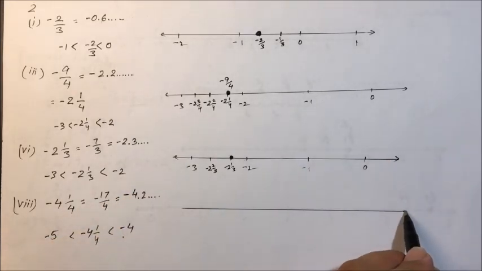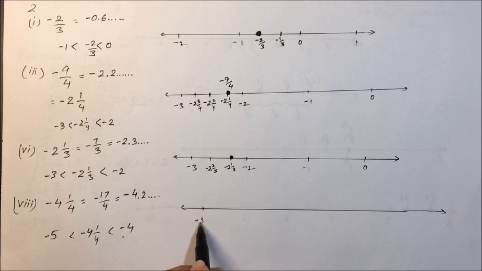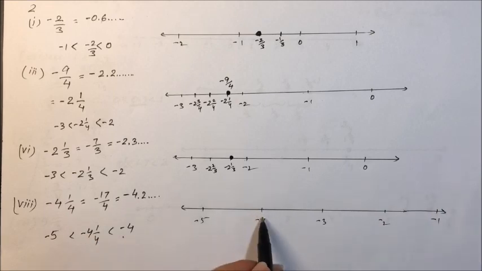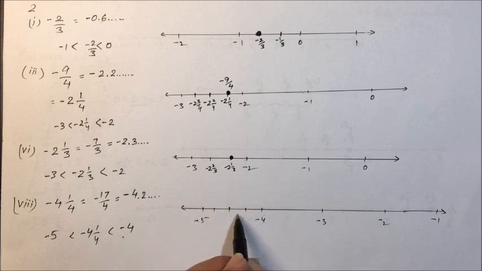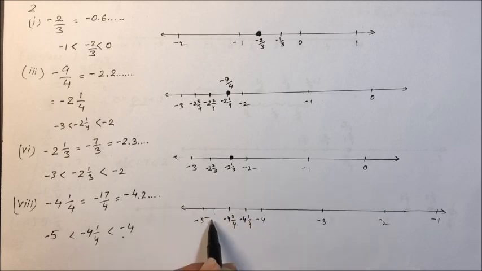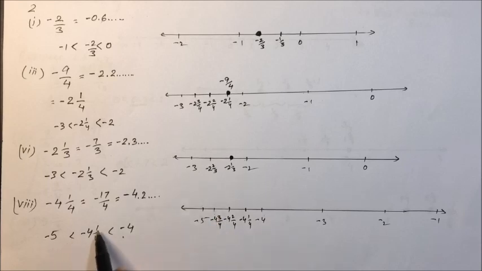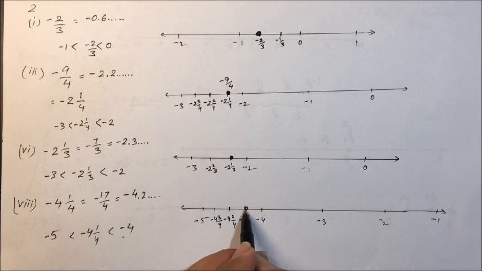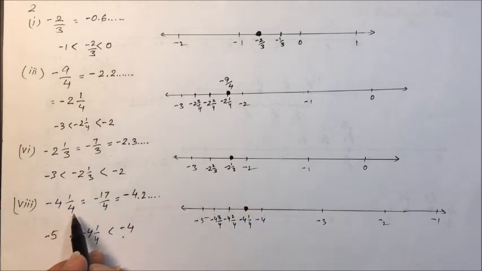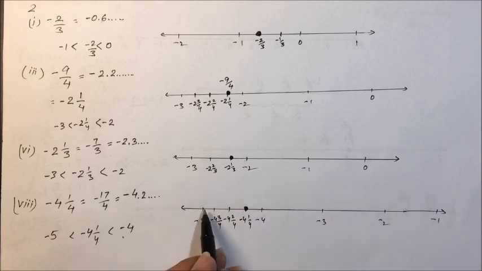Draw the number line. So minus 5, minus 4, minus 3, minus 2, minus 1. Between minus 4 and minus 5 we have to divide it into 4 equal parts. Half we have done. Now 1/4, 1/4, 1/4, 1/4. This number will be minus 4 1/4, minus 4 2/4, minus 4 3/4. But we require minus 4 1/4. We require this number. We have represented minus 4 1/4 on the real number line.